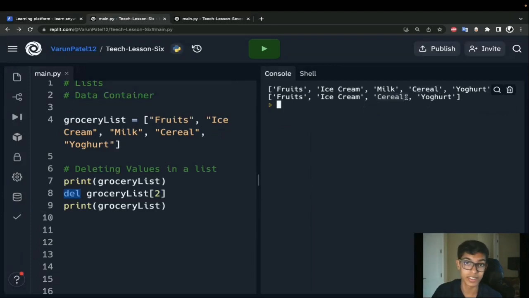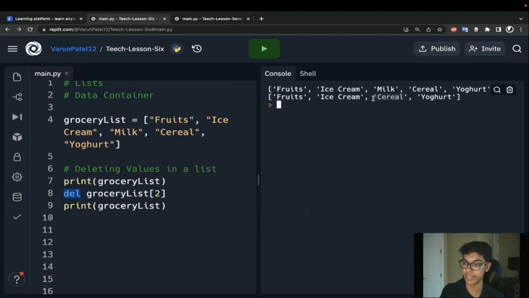Well, the index is all based upon its position in a list. It doesn't get saved and hard coded, if that makes sense. So right here, my cereal index was 0, 1, 2, 3. It was 3. Now it's 0, 1, 2. So it's 2. So the index has changed.